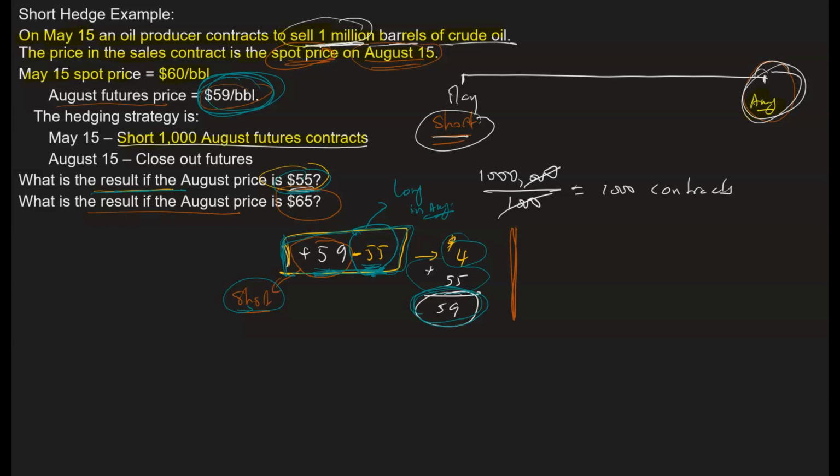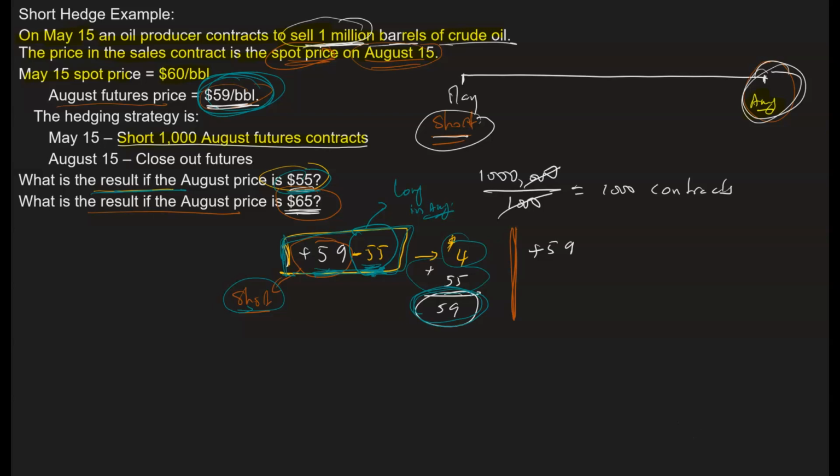We are going to do the same thing. One, we took a short position, and the short position doesn't change. It says 59. So we're going to sell and receive $59 per barrel, right? And we're going to close our position in August. To close our position in August, we need to take a long futures position in August. The long futures contract in August is going to be selling at whatever price it is that oil sells in August. In this case, oil is selling at $65 in August, which means that I'm going to take that long position. I'm going to have to pay